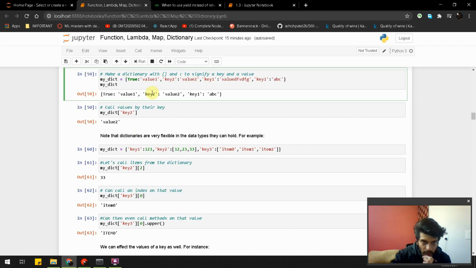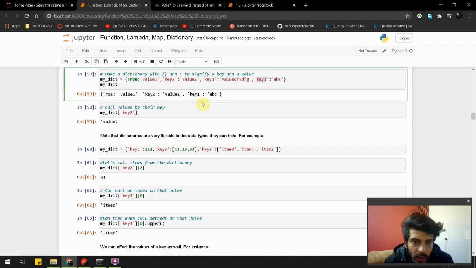So this is basically a dictionary with curly braces to signify a key and a value. We have key pairs like this: true is our key, 2 is our key, 1 is also our key, and 1 again is also our key.